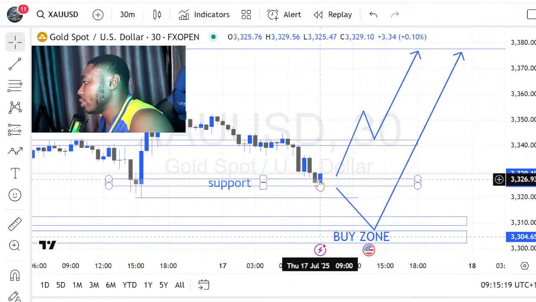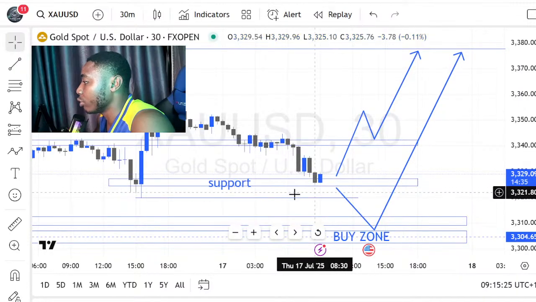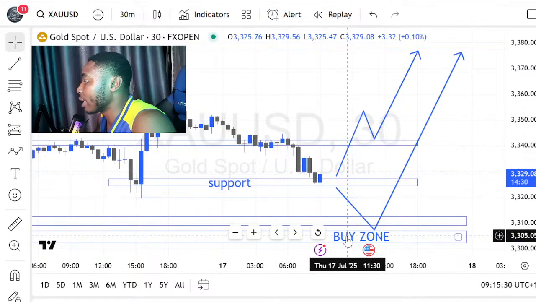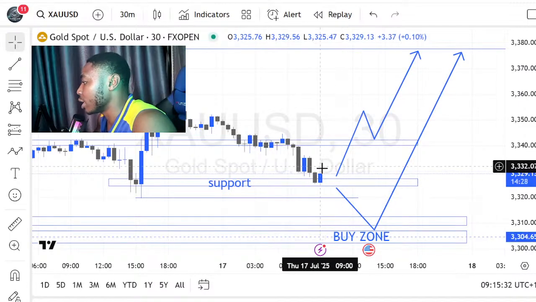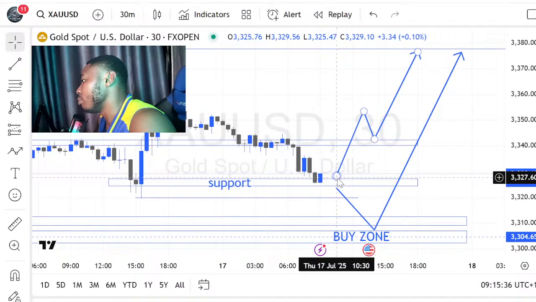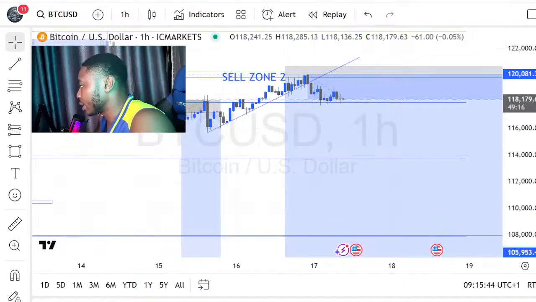I'm not gonna say sell, I'm not gonna say buy, but once I see a bearish candle confirmation here closing below this rectangle here, I'm taking a full sell down here. That's just it. But if it keeps closing above this rectangle, then it's gonna be bullish. So that's for gold. I haven't analyzed Bitcoin yet because